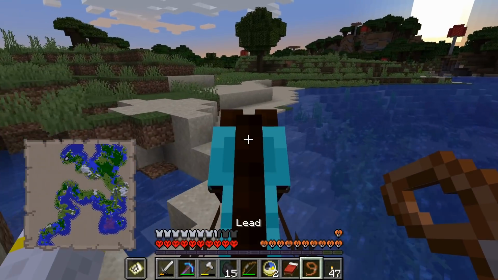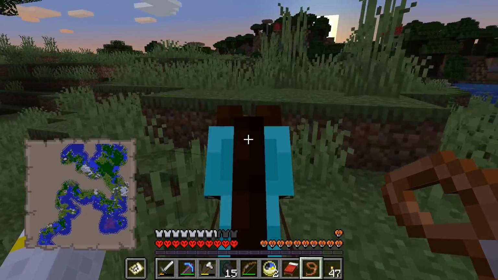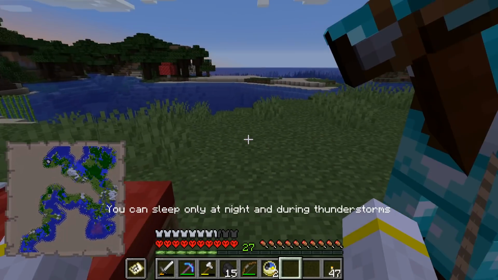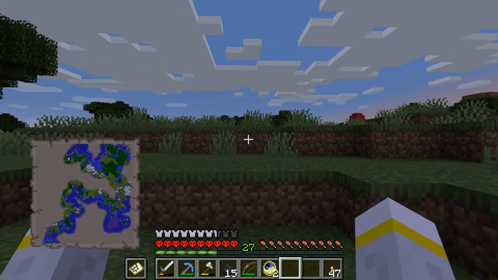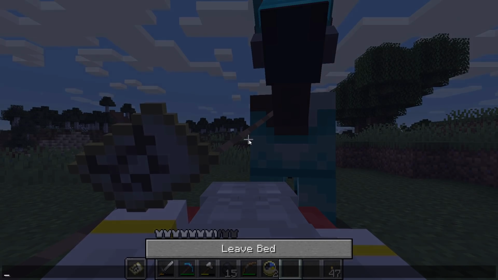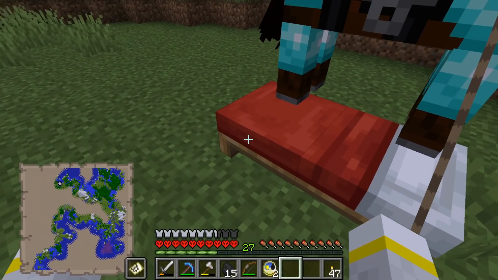Alright, is the horse going to remain today? Or has Emeralda 2 had enough? Let's find out. The answer is... Horse is still here! Hooray! I do wonder what determines if the horse vanishes. If, for instance, we're on a certain block, or we're standing in a certain way. Either way, we rest. And we get back on the...